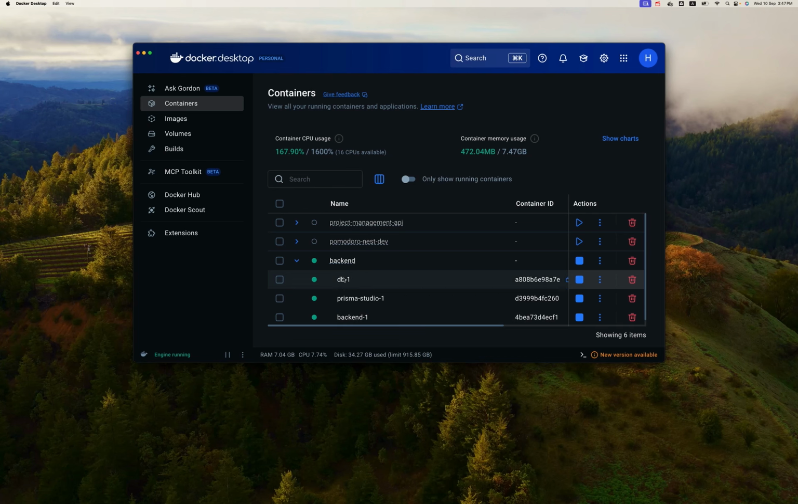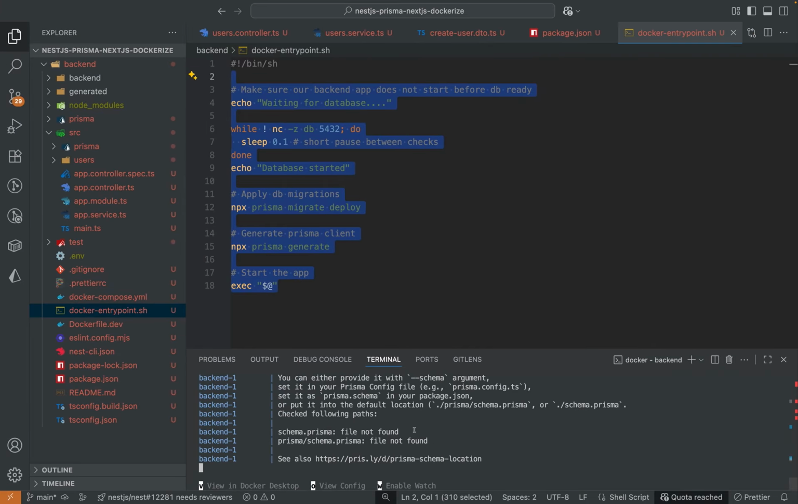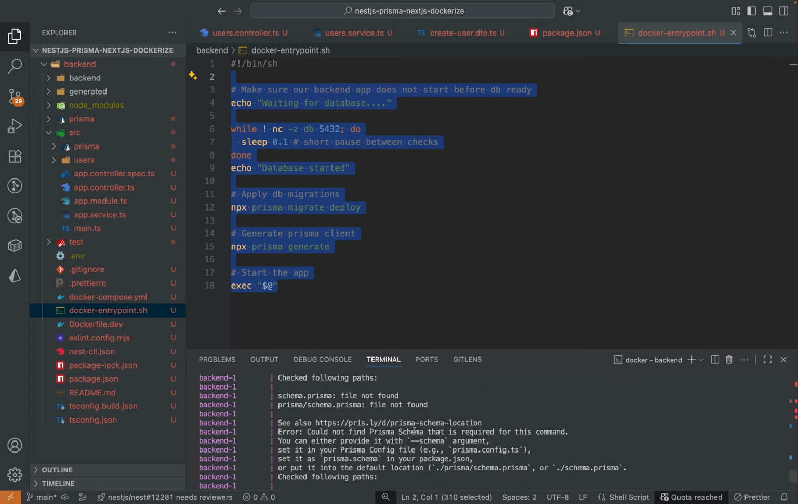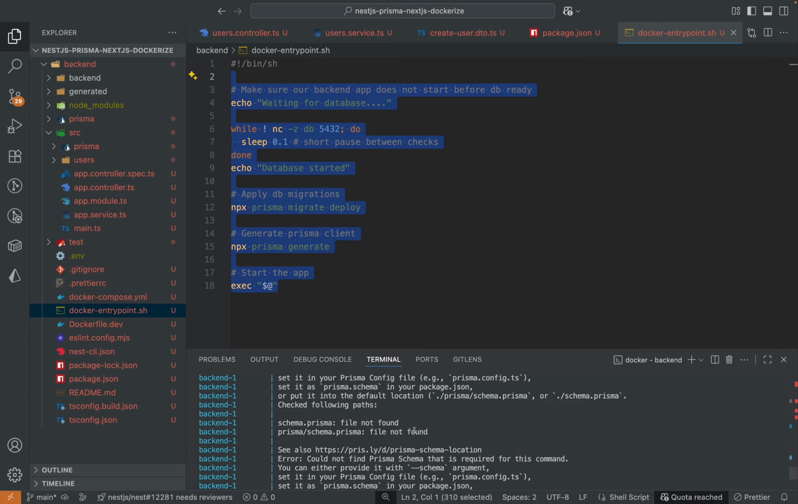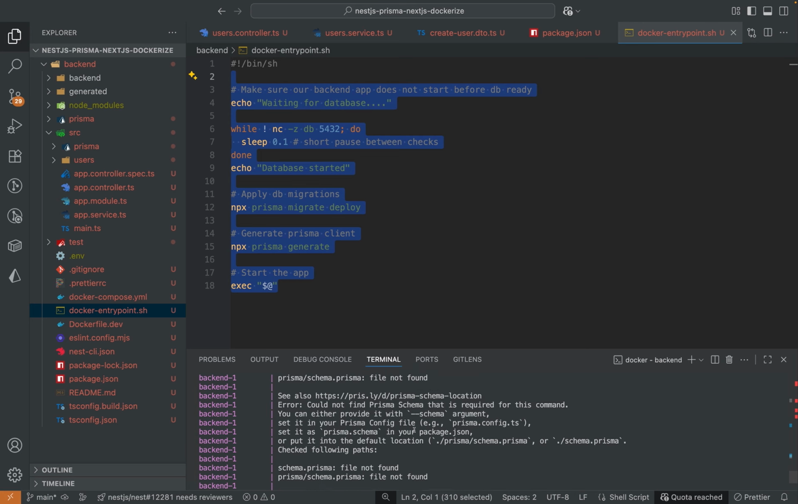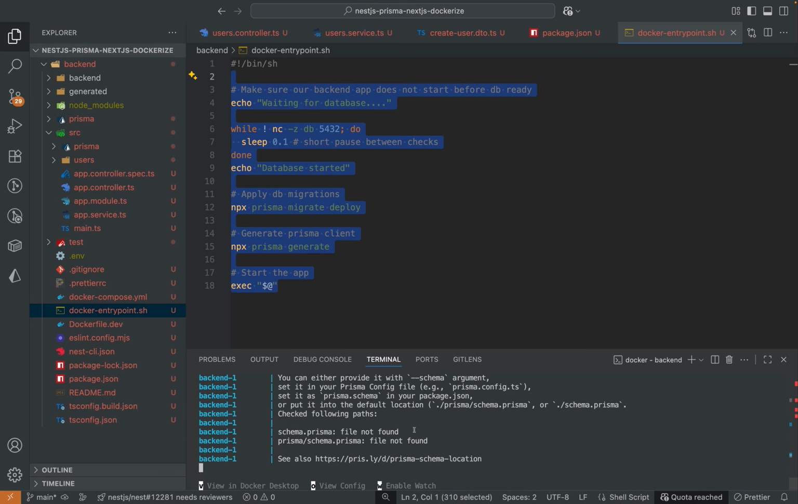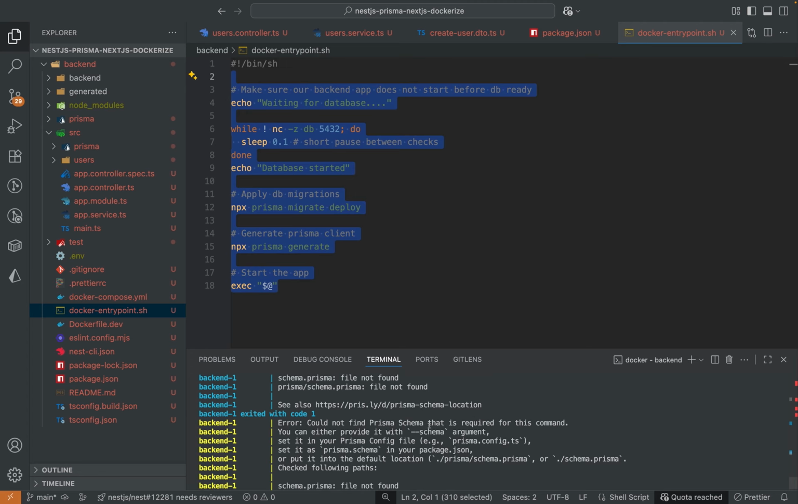Now you can see my backend container has been started. Now everything is working fine. Now you can see that my Prisma Studio is also running and my DB service is also running. So we gotta test the API endpoint by sending the,